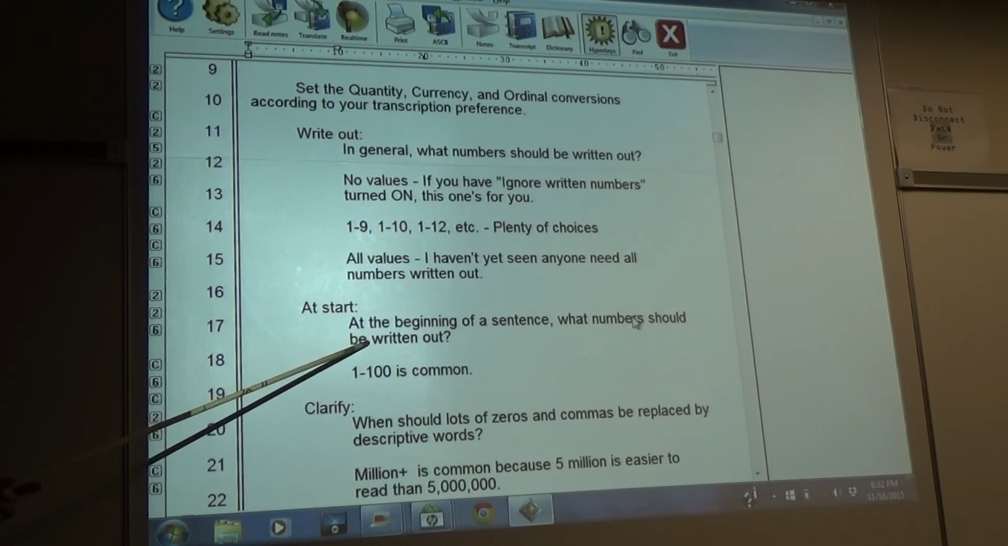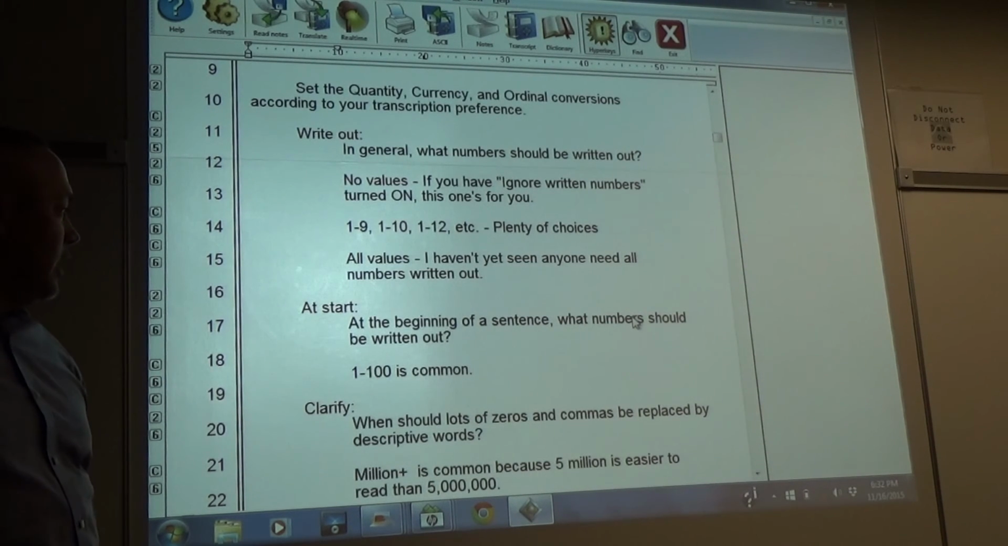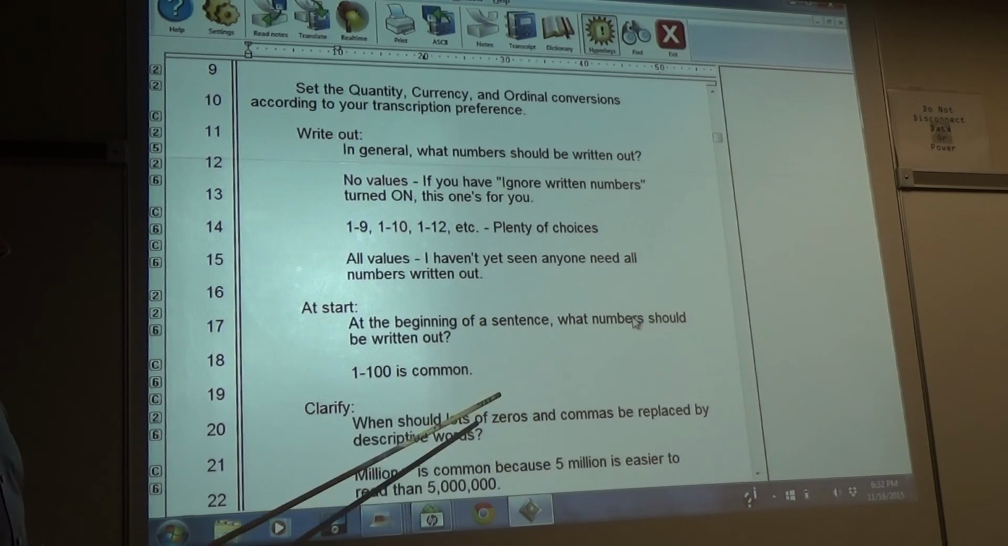At the beginning of a sentence, what number should be written out? 1 through 100 is common, okay? But it just all depends. I was always taught that unless it's like a date or money, date, money, something like that, then it's always